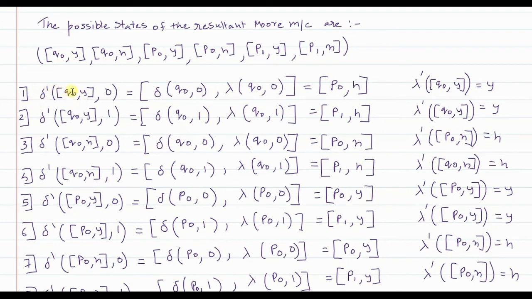So what you get here is, first of all, these are the states. So what you get here is the transition. How to read this? You can read it like this: transition from this particular state on reading 0 goes to this state. Similarly, transition from this state on reading 1 goes to this state. So while drawing the resultant Moore machine, we are going to first draw all the states of that Moore machine, and then we are going to link them. As you know, the states are already listed, so I will just write those states.